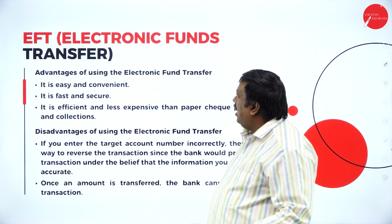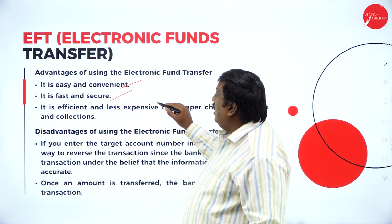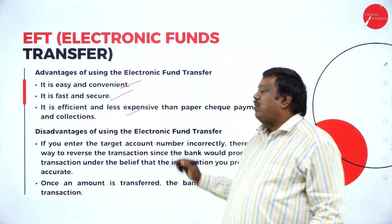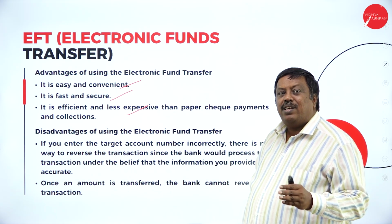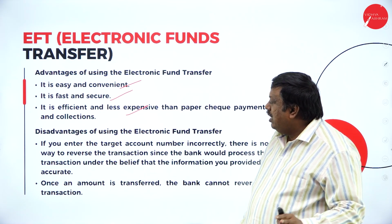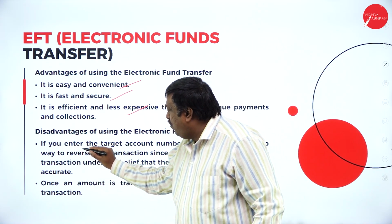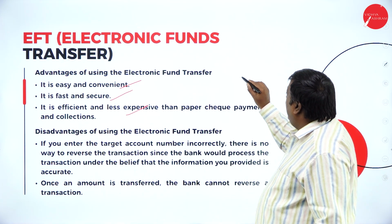What are the benefits we have here? It is easy and convenient. It is fast and secure. It is efficient and less expensive. Transferring from one account to another account through electronic fund transfer is easy and there are no charges for the transfer. The disadvantage we have is, if you enter the target account number incorrectly, for example